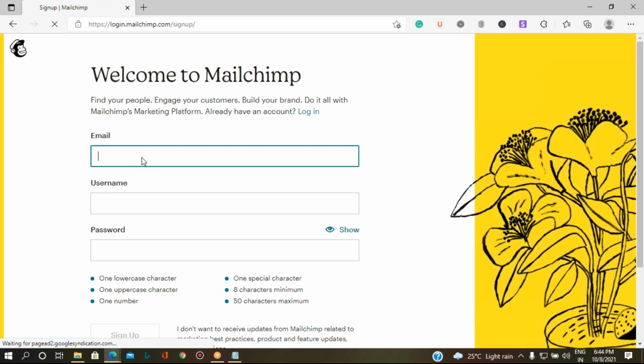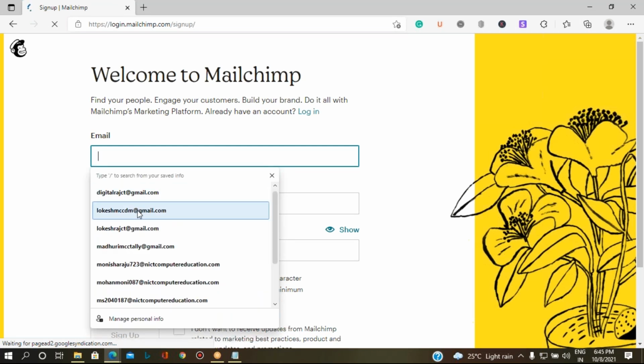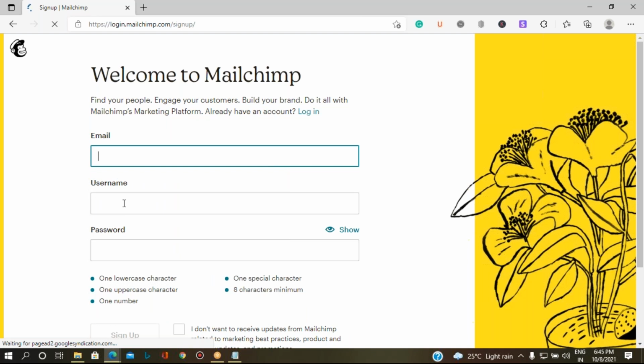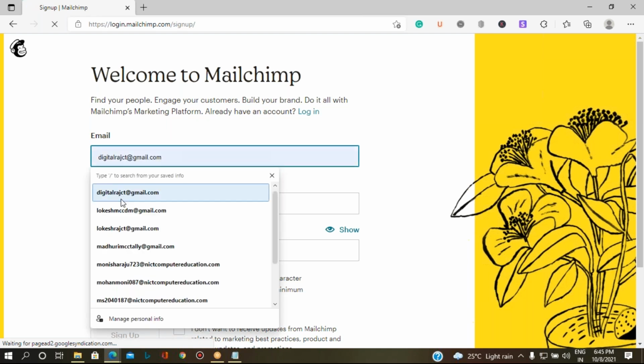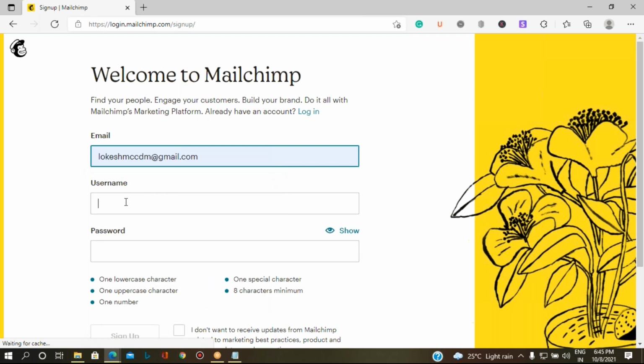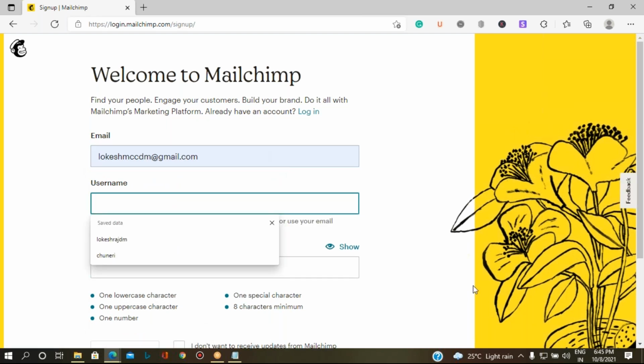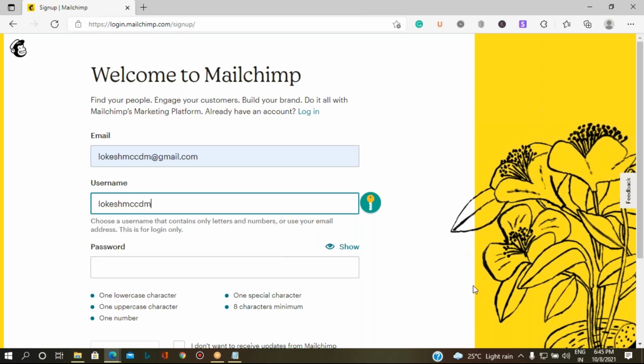Add the email ID through which you are going to communicate. I have added my email ID. You can give a username, or you can use the same email ID as the username.